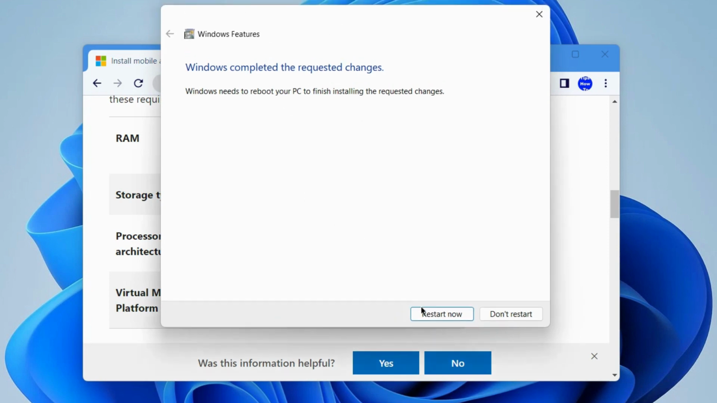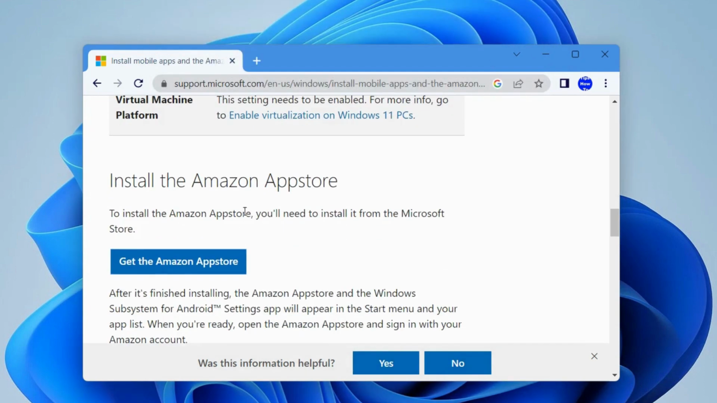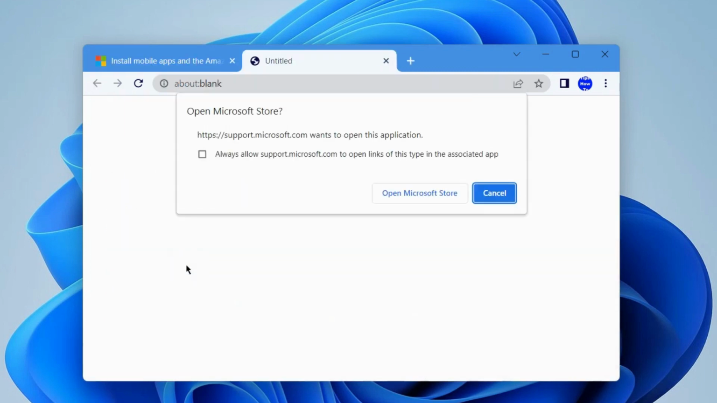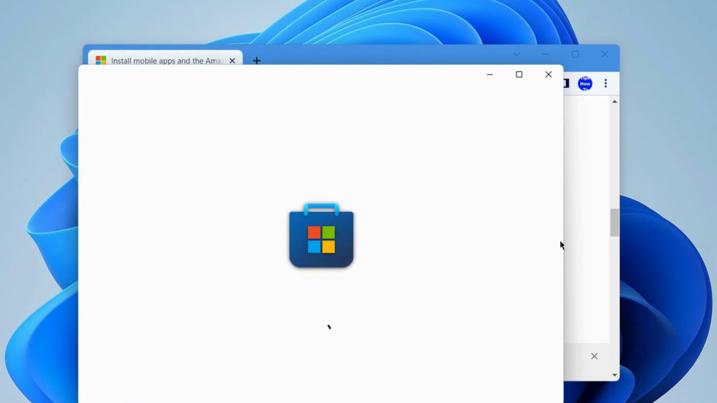Once Windows completes the requested changes, you must restart your system. Choose the button restart now, and after that scroll down and choose the option get the Amazon App Store. Click on it, open Microsoft Store and let Windows open the Microsoft Store page, and in the Microsoft Store page